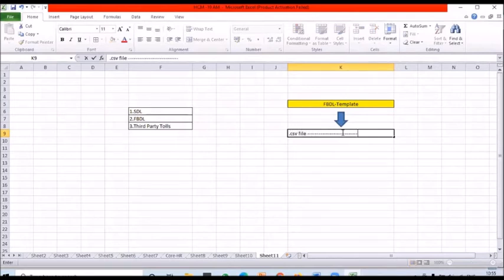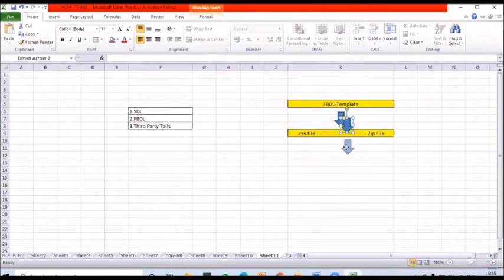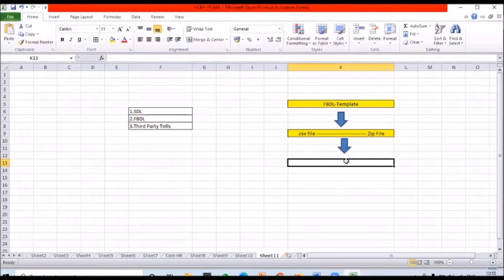Then the csv files need to be converted to a zip file. Once you have the zip file, this particular file needs to be attached to your UCM area, the Universal Content Manager, UCM server or UCM path. While attaching to the UCM server, you have the user specified account.